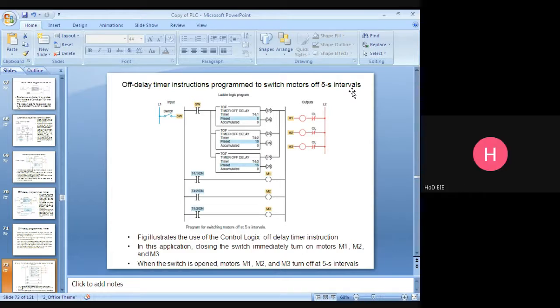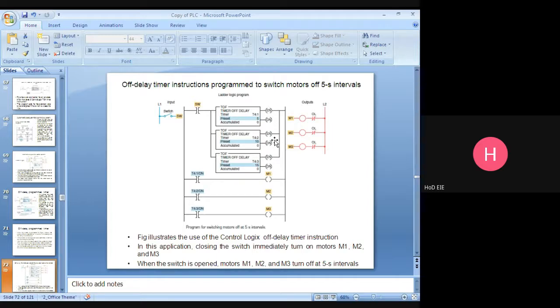Normally, the switch is opened. Enable bit will be disabled for all the 3 instructions. Done bit is also disabled. Once you press the switch, enable bit will be enabled in all the 3 instructions.